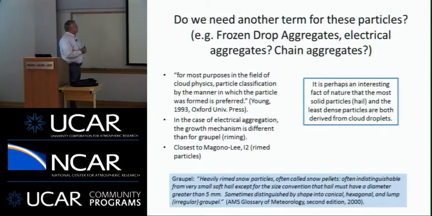Do we need another term for these particles? Everybody would probably like to come up with some sort of a term that would last. It doesn't sound like graupel to me. If you look at the glossary of meteorology, we tend to think of graupel as a higher-density kind of particle. But in this case, the mechanism, at least for some of these cases, is due to electrical forces rather than gravitational forces. So there's some reason to be thinking about a separate kind of particle that's present in these clouds. And this mechanism is really not accounted for, so it's something we need to look at further to see how important it is.